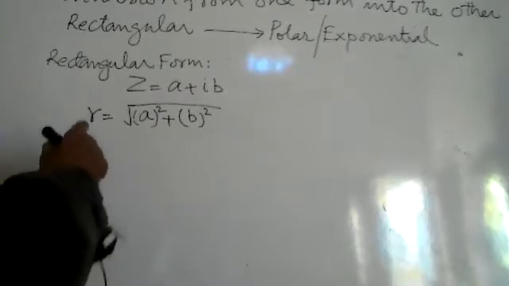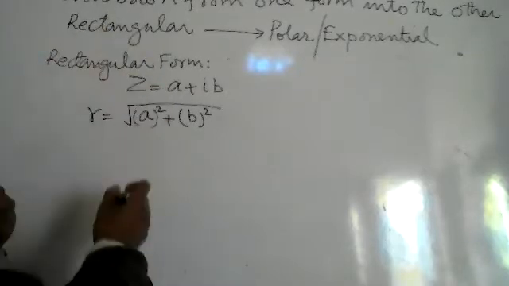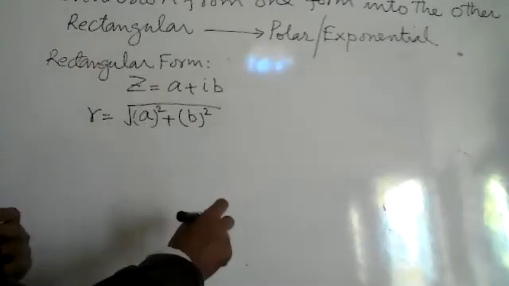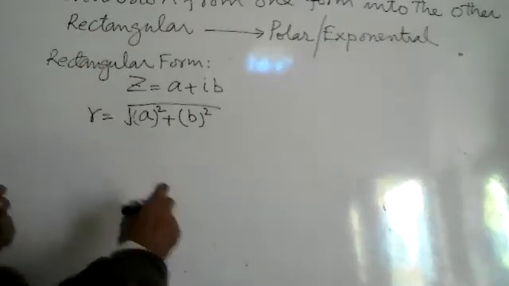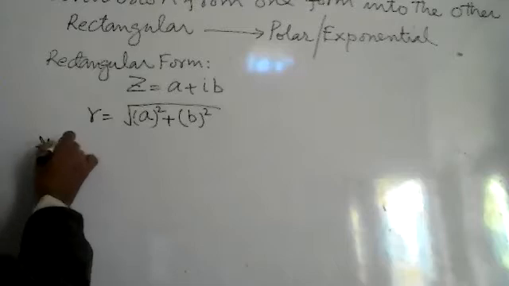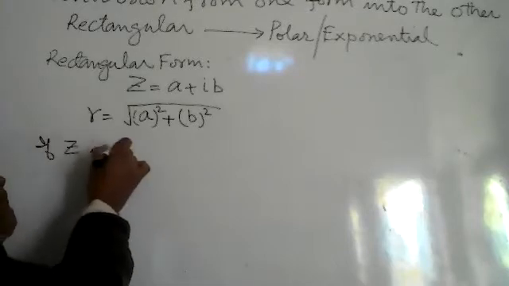Now, how to find theta? Before finding theta, you must know whether z lies in the first quadrant, the second quadrant, the third quadrant, or the fourth quadrant. So for the first quadrant, if z is in the first quadrant,